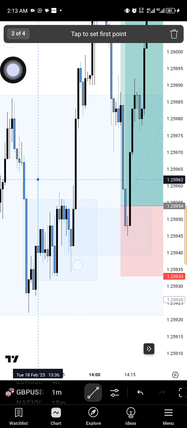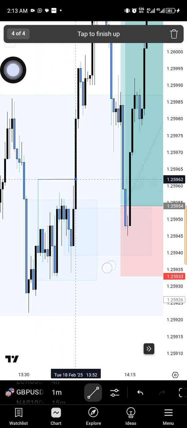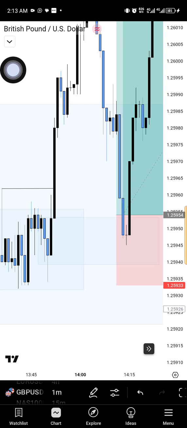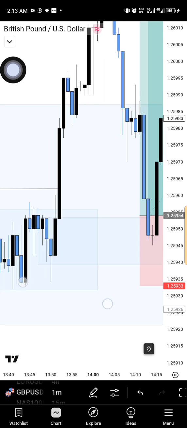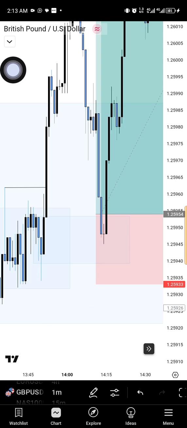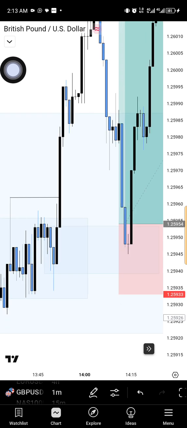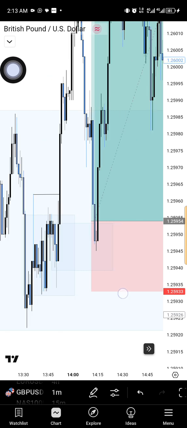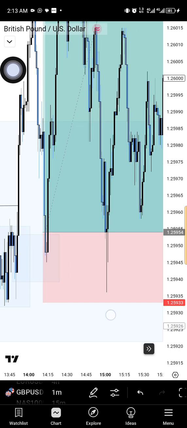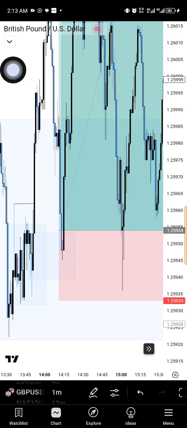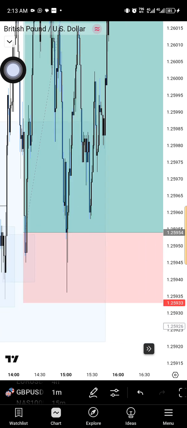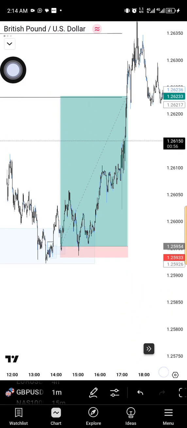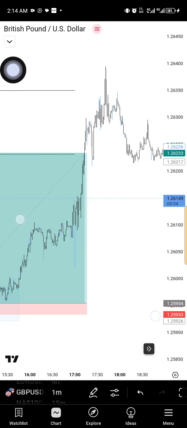See that liquidity run, price used the fair value gap to run through this high, and now we are interested in this area. This was the order block that led to this push to the upside, and we can see a fair value gap in it, so that makes it a high probability order block. So we place our orders above the order block and below the low of that move, and price came into it, moved up, chopped around a bit, and ultimately went to take profit,